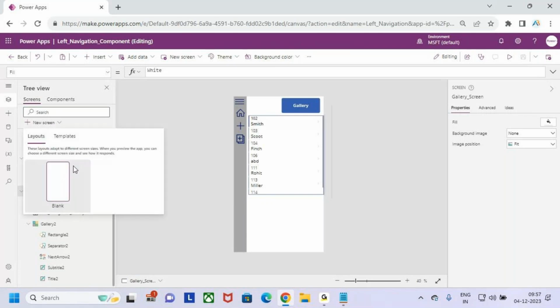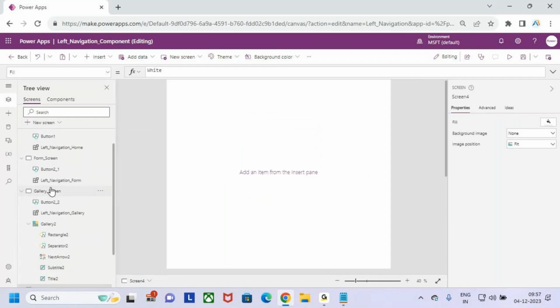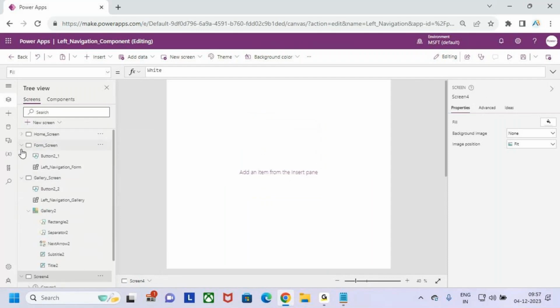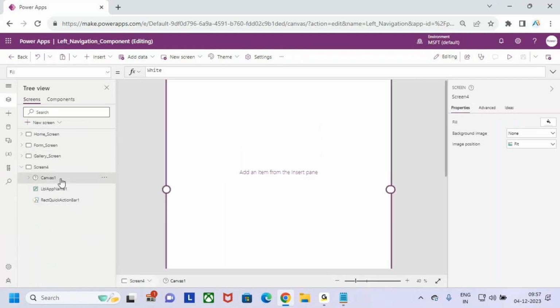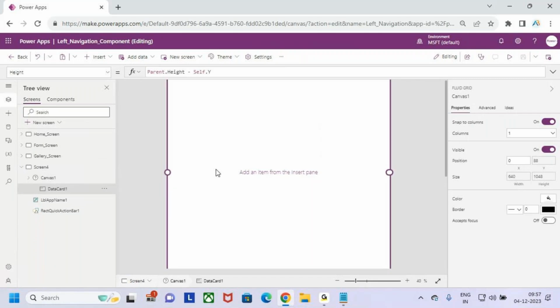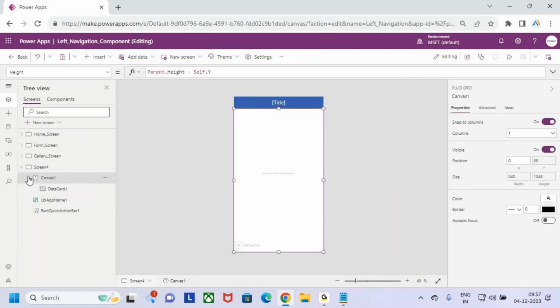You need to add a new screen, go to the templates. Scrollable screen is there. Let me add this scrollable screen. So this is the new screen I added. For this scrollable screen, there is one property called canvas. This is the new screen I added, the scrollable screen. So go to this,